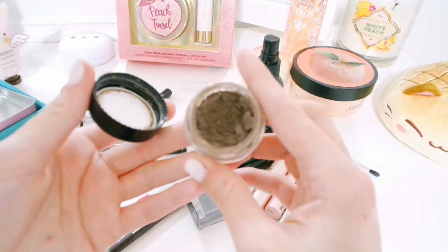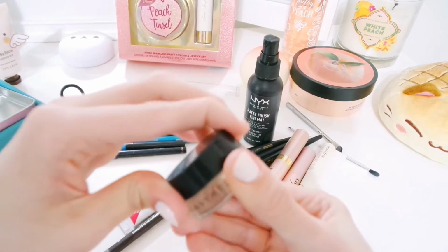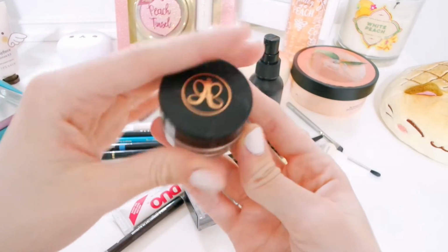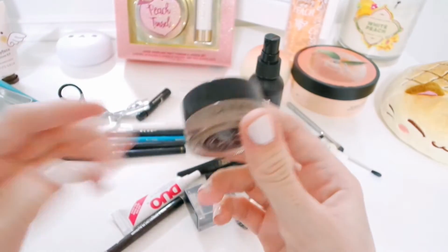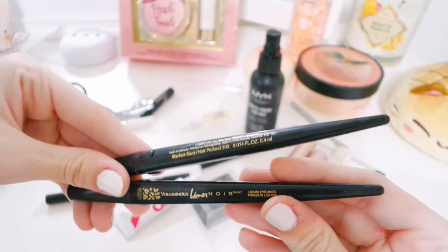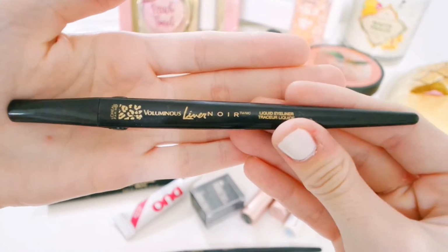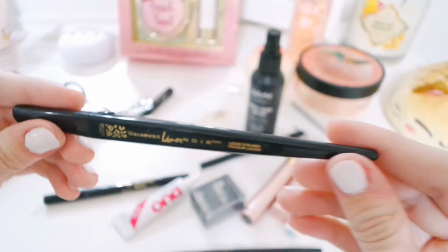Ew. I feel bad about getting rid of this because it was so expensive, but I just don't use it, and if I want to get a new one, I can simply go out and buy one, but this does not spark joy. By the way, just to compare, this is the voluminous liner in Noir, and this is just from, I believe, L'Oreal, right? Yeah, so this is just from L'Oreal, and this is like